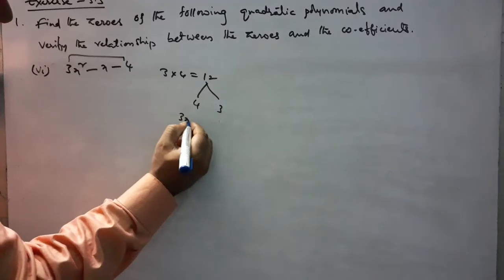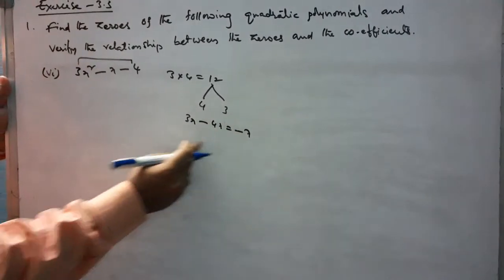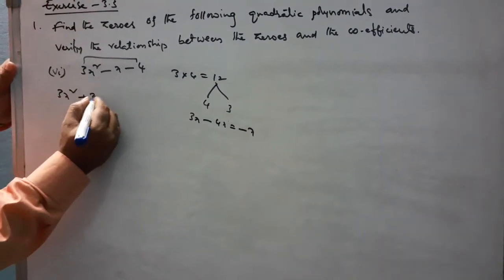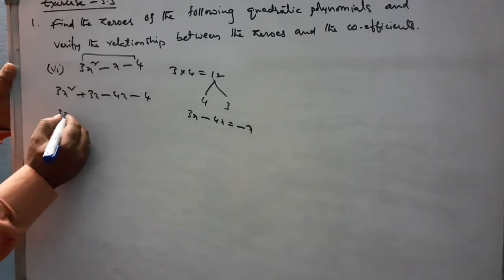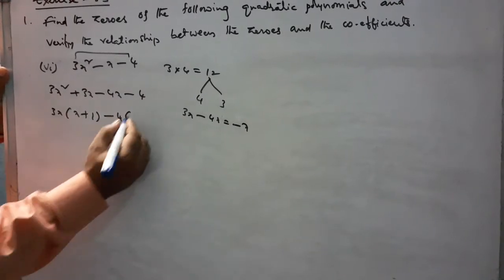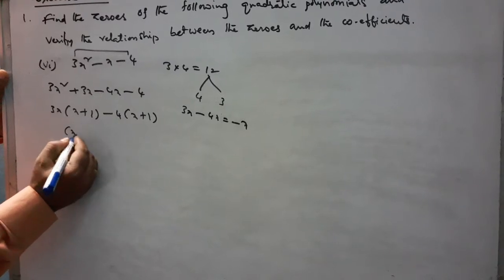We have to take 3x minus 4x is equal to minus x. Minus x we can write as 3x minus 4x. So 3x square plus 3x minus 4x minus 4. From this we can take 3x common, we will get x plus 1. Here we can take minus 4 common, we will get x plus 1. From these two, x plus 1 is common. So x plus 1